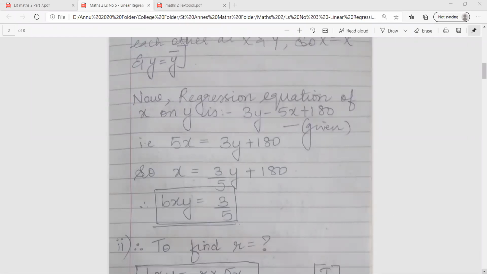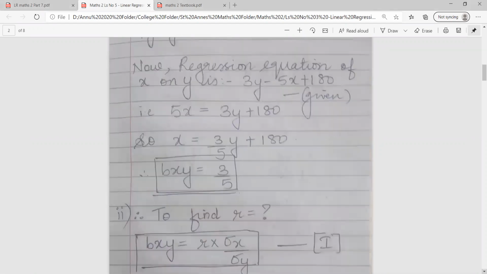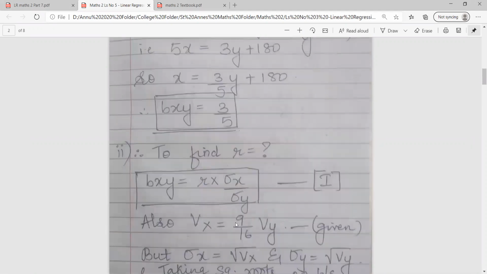Now we'll find out the correlation coefficient. But class, for r, we need 2 regression coefficients, but we are having only 1. Or we need standard deviation, that is sigma x and sigma y. So class, I can put the formula bxy is equal to r into sigma x upon sigma y. That means variance of x is equal to 9 upon 16 variance of y. This is given in the